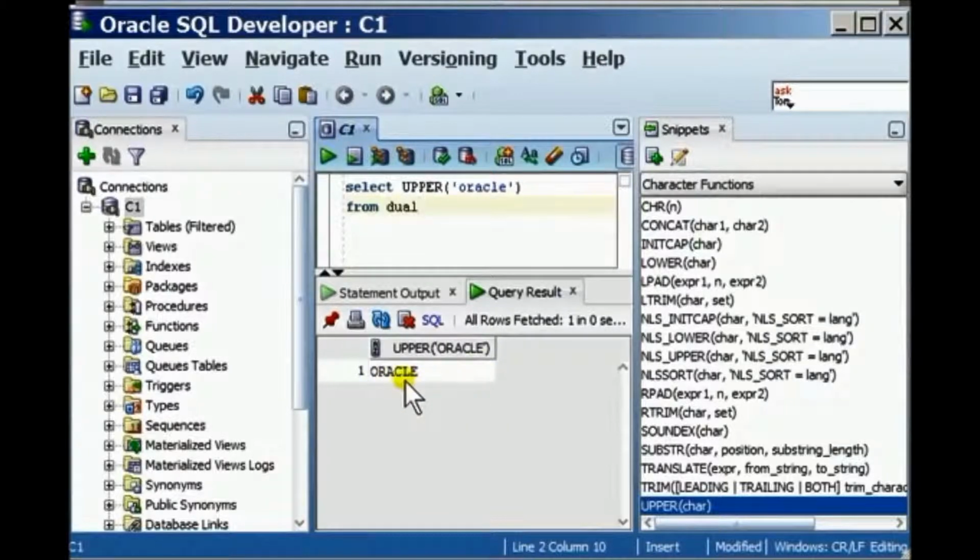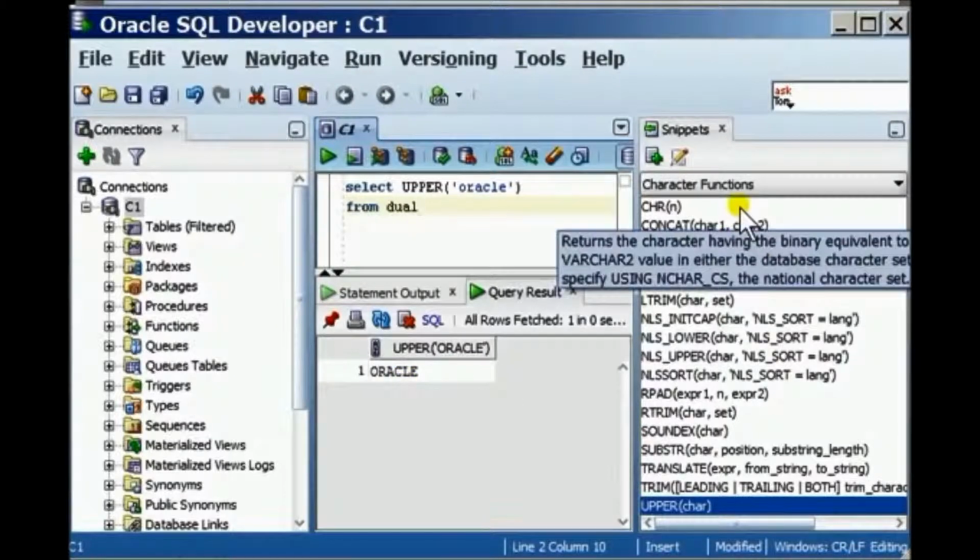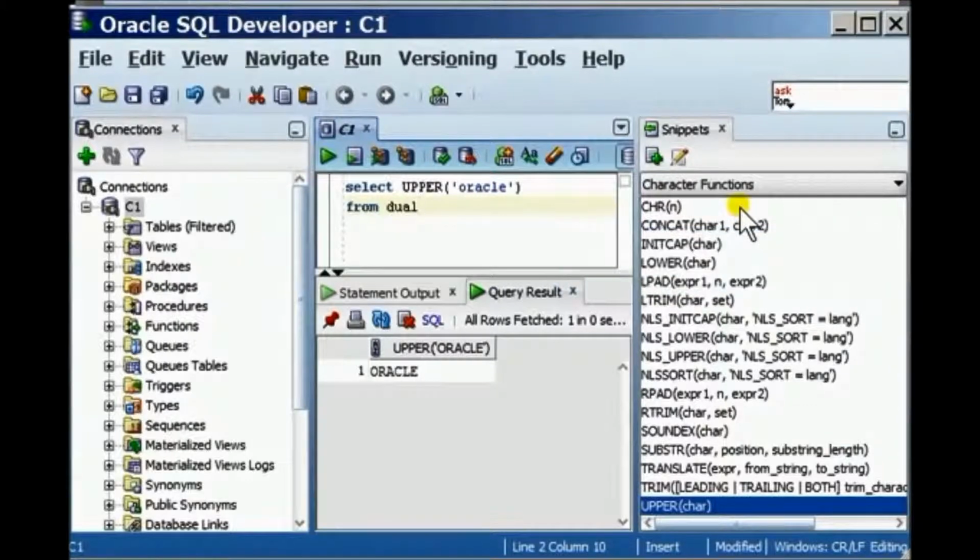So in this tutorial I showed you snippets and I discussed what the dual table was. I also gave you the definition of functions and single row functions. In subsequent tutorials, I'm going to discuss specific functions under different categories. I'm going to discuss character functions in my next tutorial. I hope you have found this tutorial